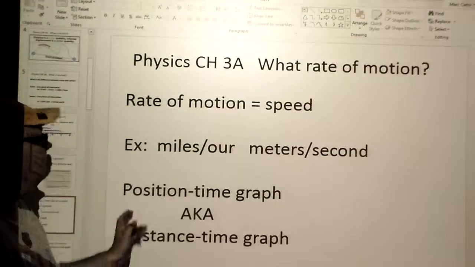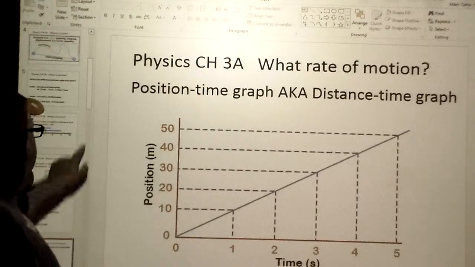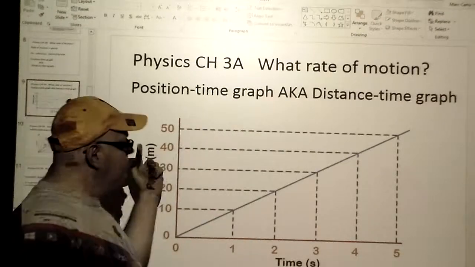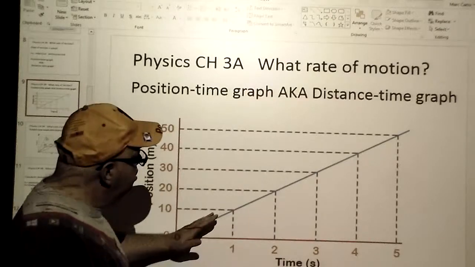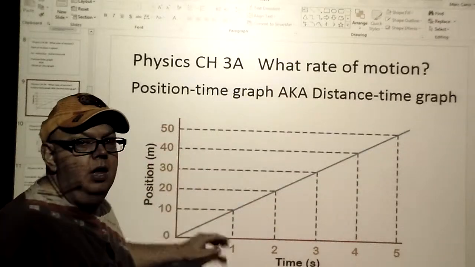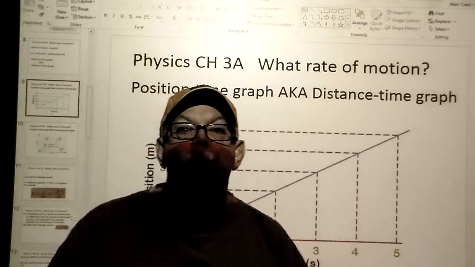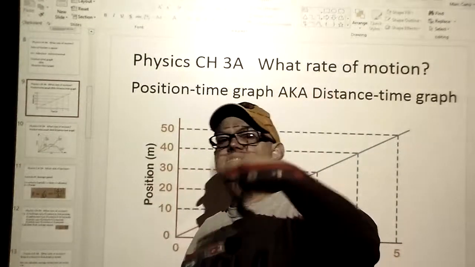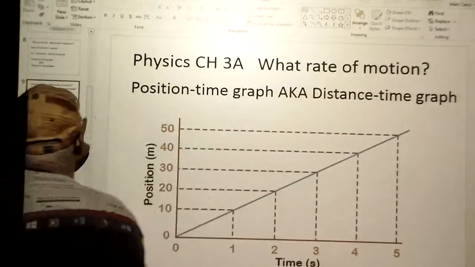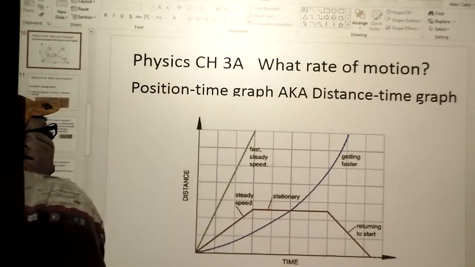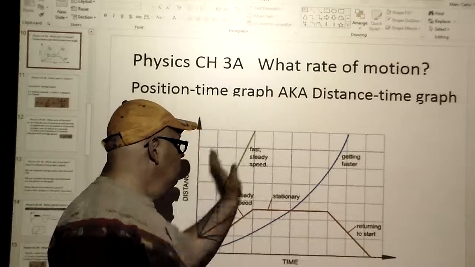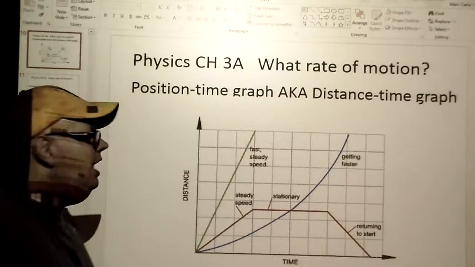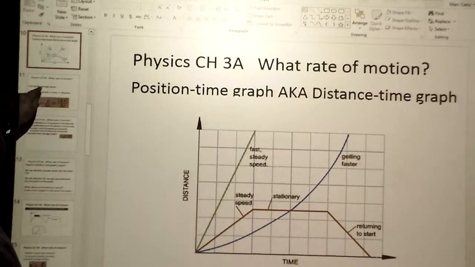The other thing, we can talk about position time graphs. Here, you should be able to recognize a distance time graph or a position time graph. You should be able to tell me that the slope should be distance over time, which happens to be velocity. So the slope of a distance time graph is in fact velocity. You need to know that, okay? So here are some examples here. You should be familiar with this. Again, look at a graph and be able to tell me what's happening.